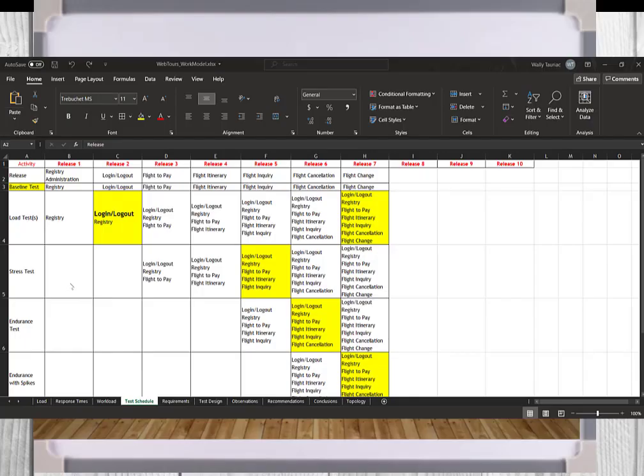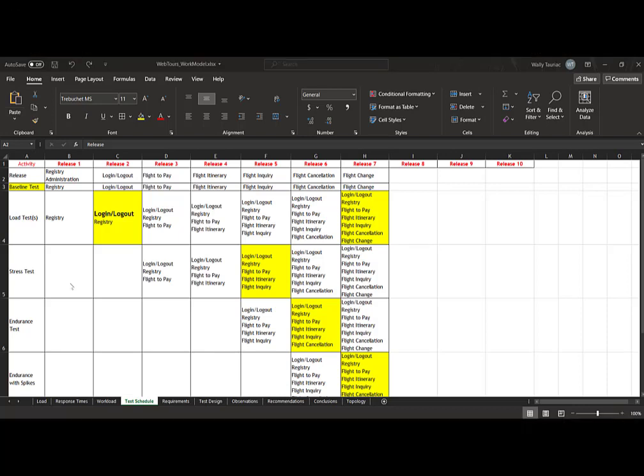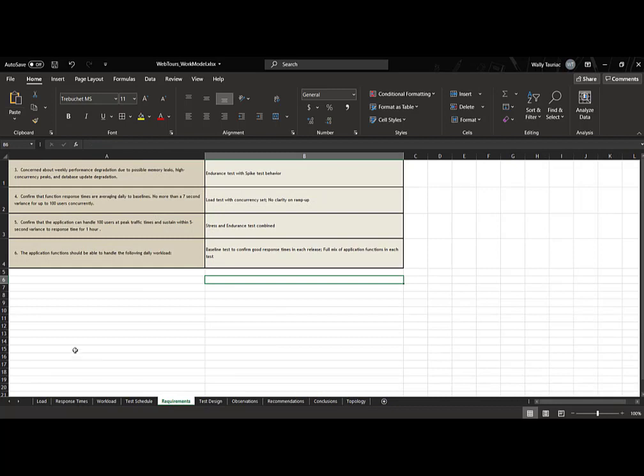So here we go. As a prelude to the baseline discussion, you probably want to know, how did we get to this point? Remind me. Let's start with the requirements. In the requirements, we had the last 4 requirements that nailed what we're looking to do as far as performance